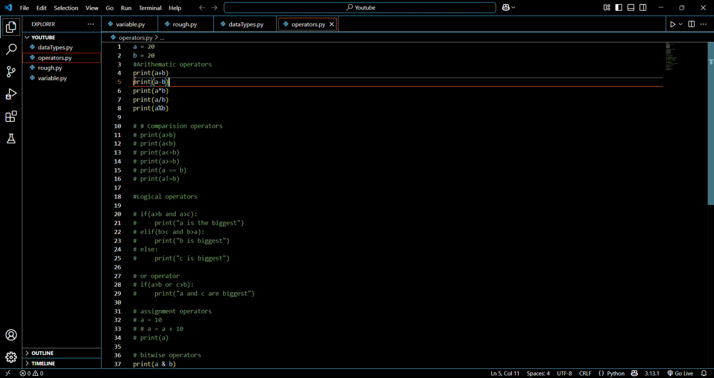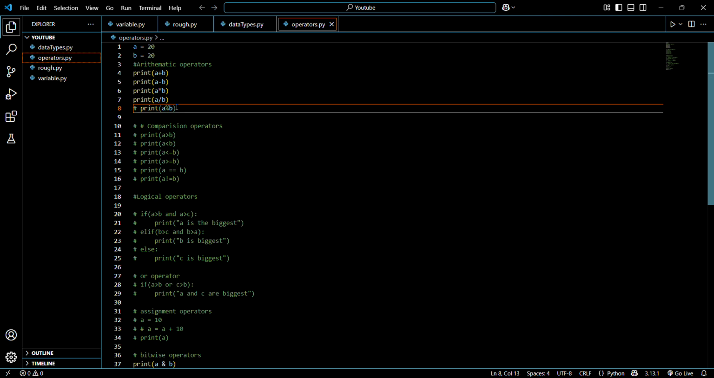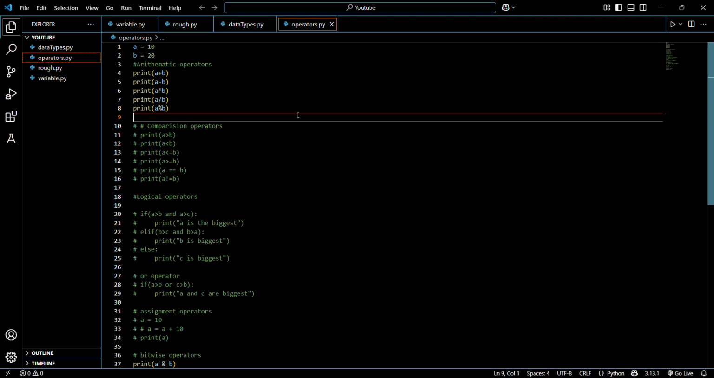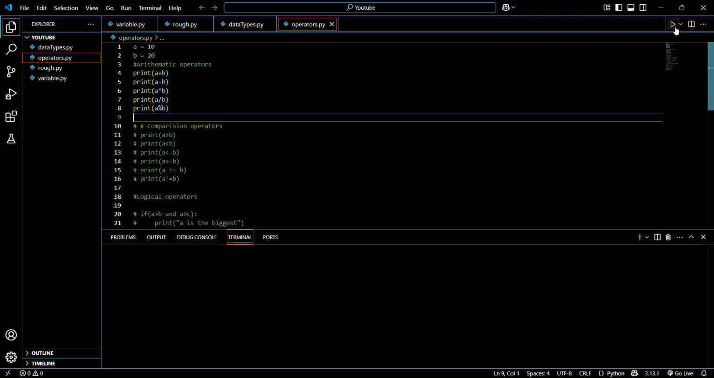So arithmetic operators, as you can see here, a plus b, a minus b, a into b, a divided by b, a modulus b. Modulus means percentage. It returns the remainder. So if we run this program, our a value is 20, b value is 20. Let's change it. Let's make a value equal to 10. Save it, run it. We will get a plus b equal to 30, a minus b equal to 10 minus 20 is minus 10, 10 into 20 is 200, 10 divided by 20 is 0.5,